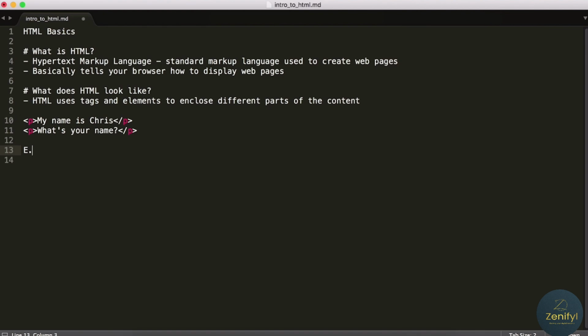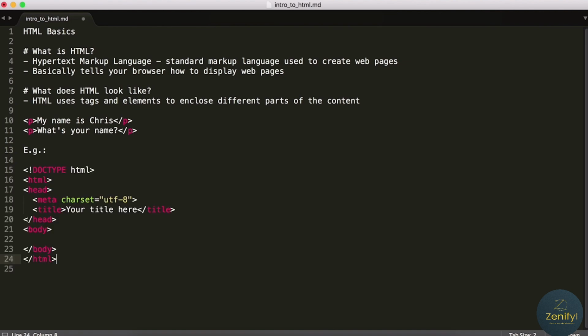What I'm going to do next is paste in some boilerplate HTML code that you'll see on pretty much any site. So here we go. Let's explore what some of these things are before we start writing some more HTML of our own. You'll notice that pretty much any page you'll visit,